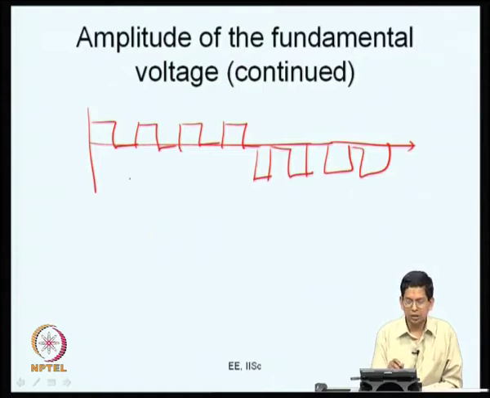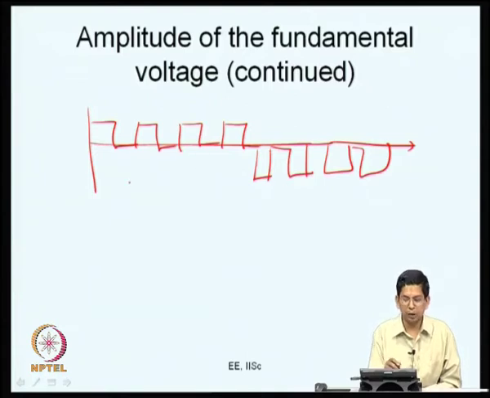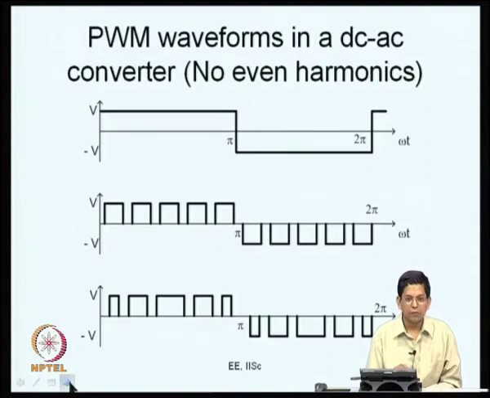So, the widths of the pulses basically determine what you want to do. You control the amplitude of the fundamental voltage by doing this now. So this is about the DC value. We are looking at waveforms which have no DC value. These are the AC side waveforms in a PWM inverter. They do not have a DC value, and the fundamental voltage can be controlled as given here now. Further, they have no even harmonics, or they have half wave symmetry. This is what we saw in the last class now.